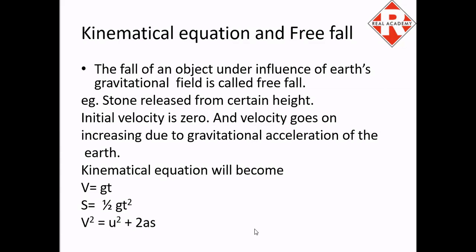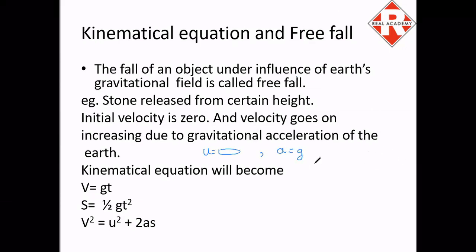So when we say free fall, or when we assume that the object is under a free fall, we always take the initial velocity u as 0, and we always take the acceleration a as equal to the acceleration due to gravity. Now again, this varies. If the object is falling downwards, we take acceleration as positive g, that is acceleration due to gravity. Similarly, if the object is thrown upwards, we take acceleration as negative g. I hope it is clear. We will be seeing sums with respect to that.